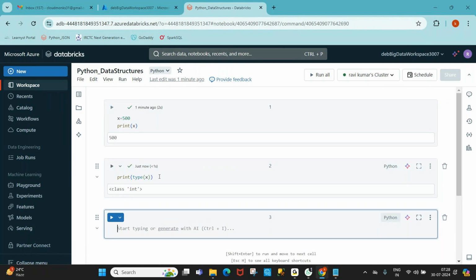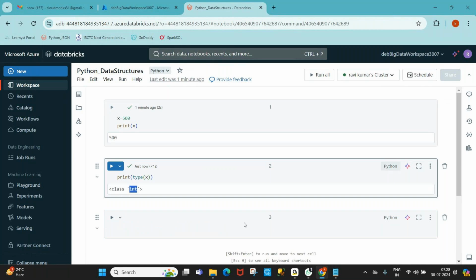See guys, class int. x is a variable which is holding what type of object? Object means value. What type of value is x holding? Integer value.